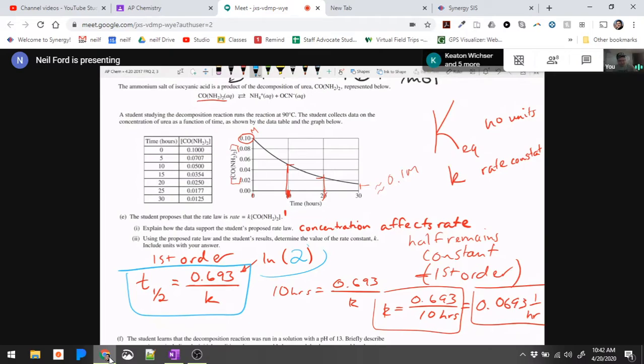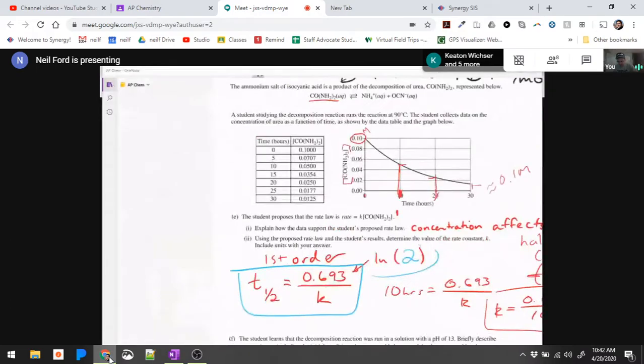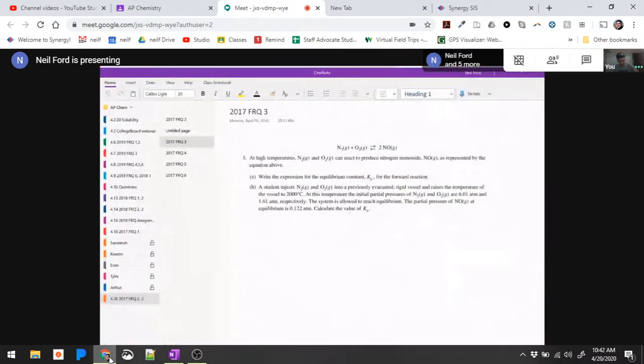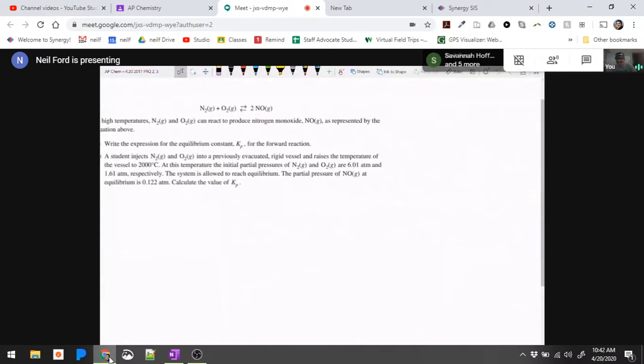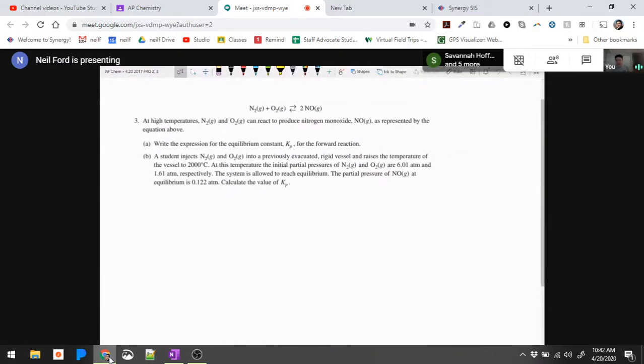Okay, I'm going to move on to number 3. This is another equilibrium one. It says at high temperatures, N2 and O2 react to produce nitrogen monoxide as represented by the equation above. I think we've done lots of ones involving nitrogen and oxygen from the book, and pretty much a lot of gas phase equilibrium involves oxygen. Write the expression for Kp, which is the equilibrium constant in terms of partial pressure, for the forward reaction. So as written,